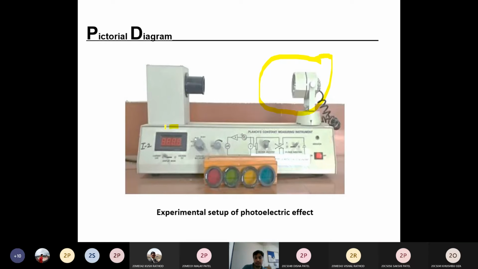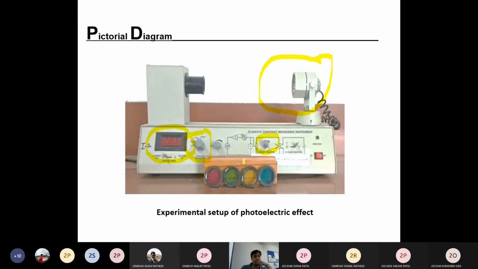Here you can measure voltage as well as current. Okay. Here you have one knob. So by changing the side of the knob, you can get either voltage or current, and that voltage or current we can measure with precision. Okay, so kitni precise value chahiye, that you can measure here. And to change the value of potential difference, obviously we cannot change the current, we can only change the potential difference. So that potential difference we can change using this knob.